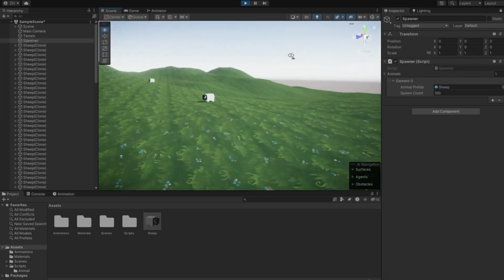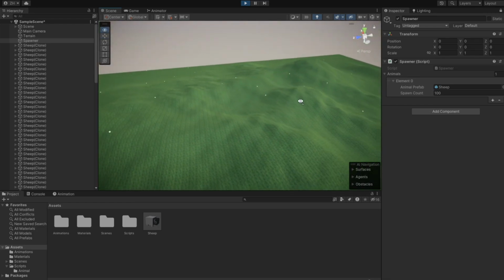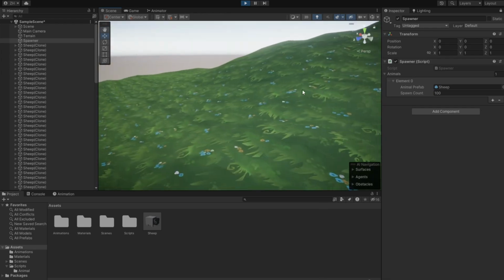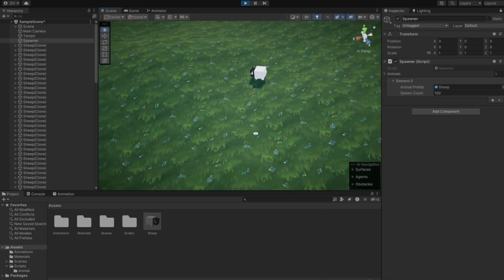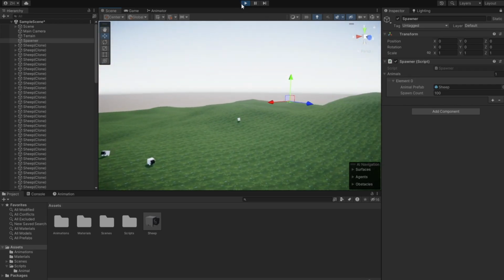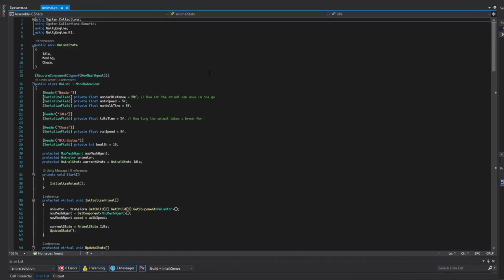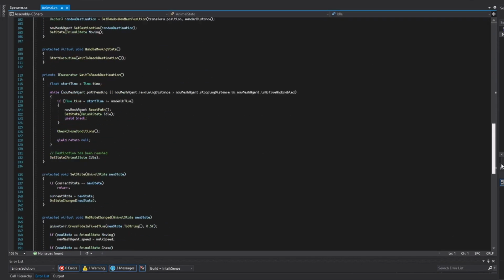As you can see, all my sheep have spawned, but we haven't quite set up our variation in colors yet. So they're all the default white sheep with a black head. So now what we're going to do is set up our color variation. And to do this, what we want to do is come into our scripts and animal and open up our animal script. And what we're going to do once we're in our animal script is scroll to the very, very